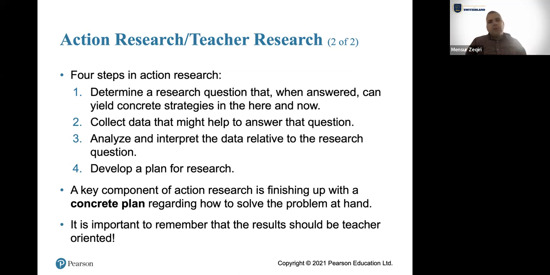This interpretation will need to be done in relation with the research questions that we have identified earlier. And then we do develop a plan for action. It's not a plan for research, but a plan for action, how we are going to move next and what we are going to do. So a key component when we talk about action research is simply we should have a concrete